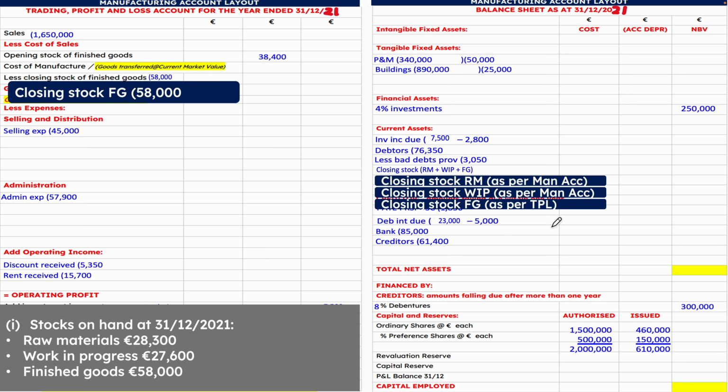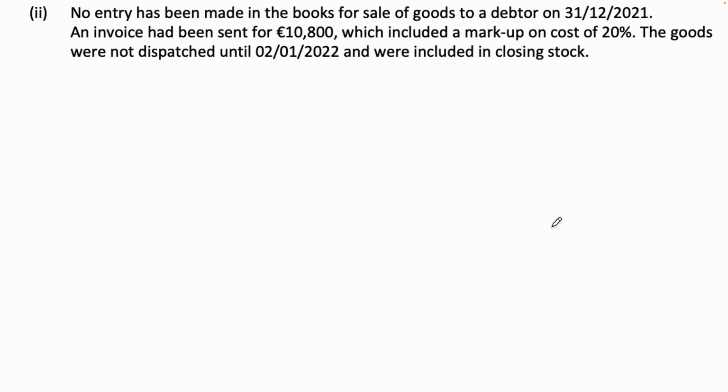And all 3 of these are going to go into the current assets. All right, all 3 of them into the current assets. Right, so next, note 2. No entry has been made in the books for sale of goods to a debtor on the 31st of the 12th,